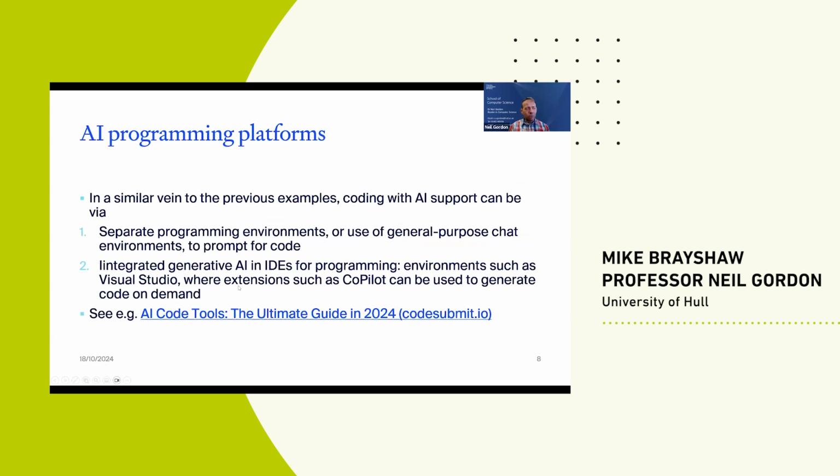And in programming platforms, we're seeing this being integrated more and more. They can be separate ones, and there are several programming tools now. A few utilize APIs to connect to things like Copilot or Claude, and you can get them to solve programming problems. And more so, from a CS perspective, the integration of them now. In Visual Studio, Copilot is now integrated, so you have a sidebar which understands programming, understands what you're doing and the language you're doing it in, and will autofill code for you. You can type in an English description: I need a class that will solve this problem, and it will suggest one.